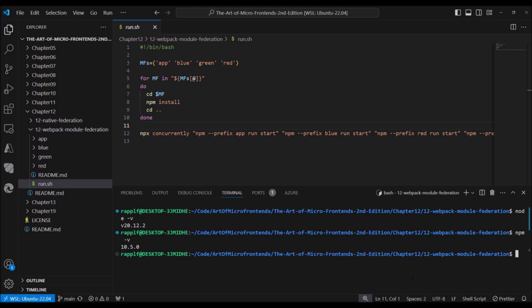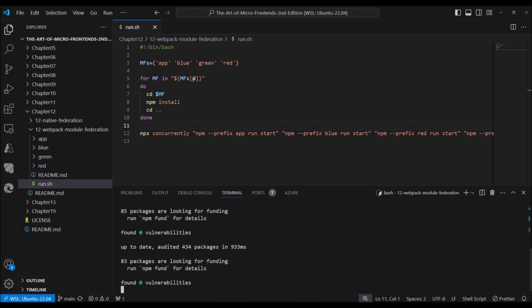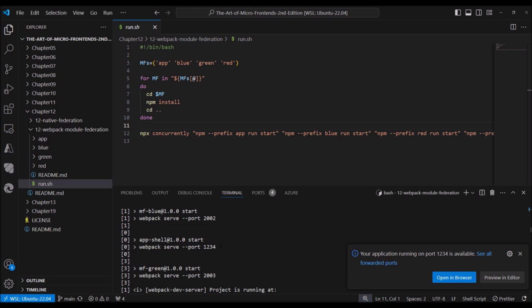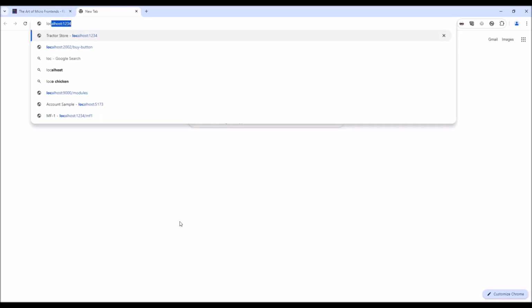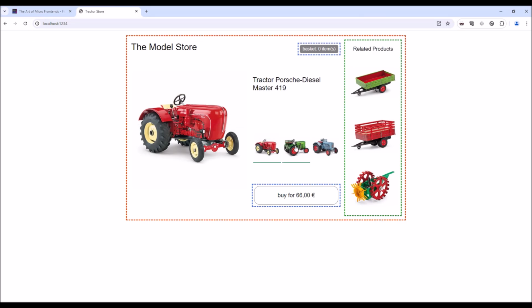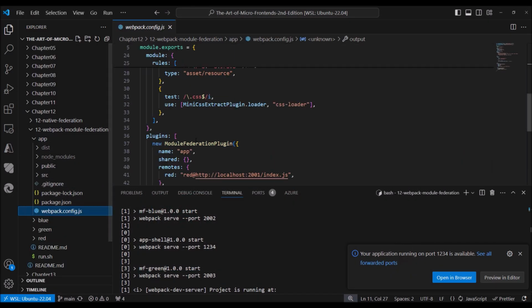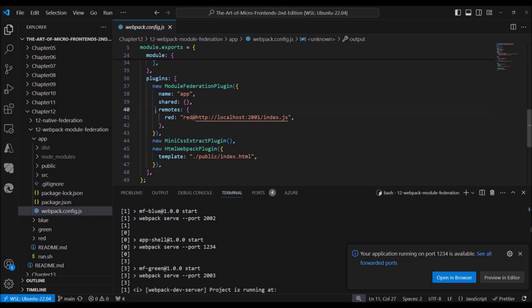So let's just do that. Let's run. And after installing all these dependencies, we see 4 servers have been started. We have 2001, 2002, 2003, and the aggregation layer running on 1234. This is our tractor store again. It works. It's good. But now it works with module federation, and the interesting part is that we have here